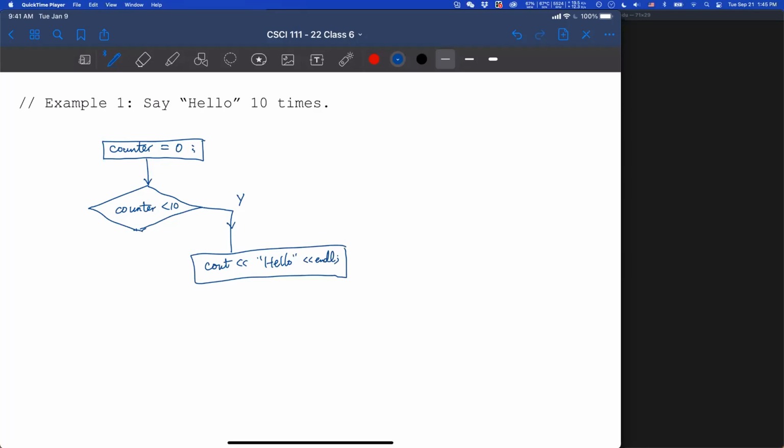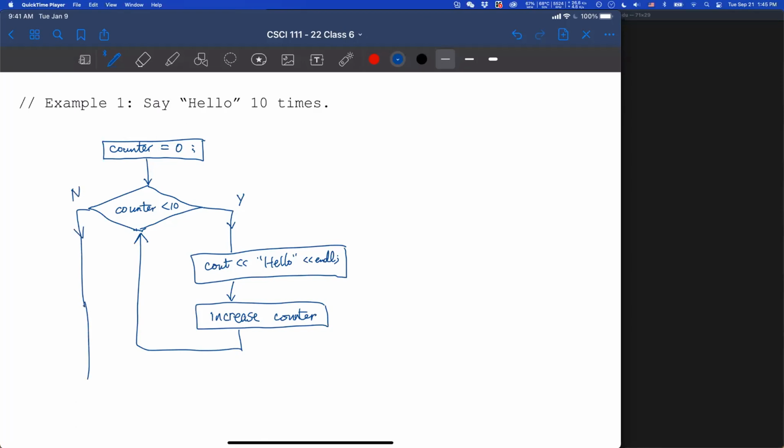Update the counter, which means we need to increase it. And once we increase the counter, we will go back to the question and start all over until the answer is no, which means we will just finish our program here.